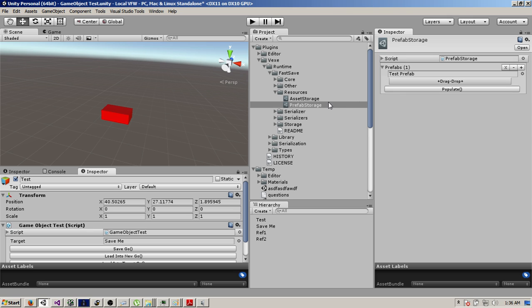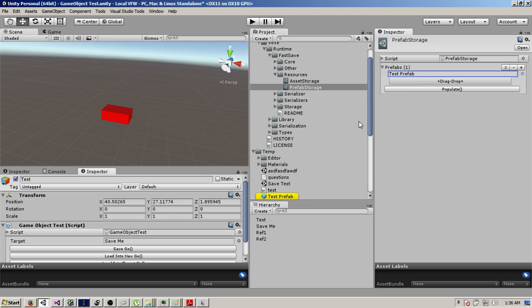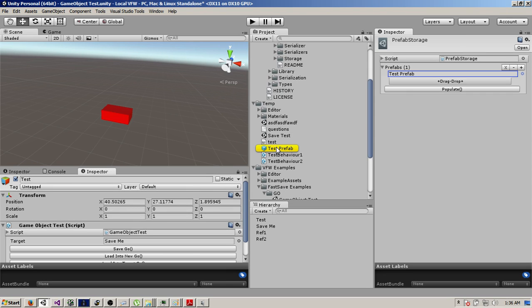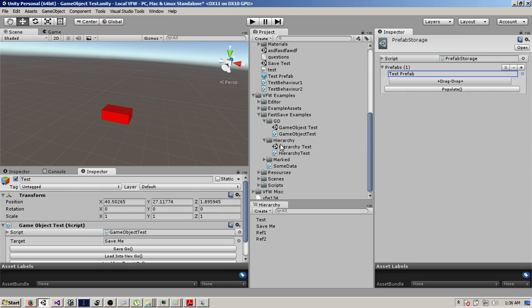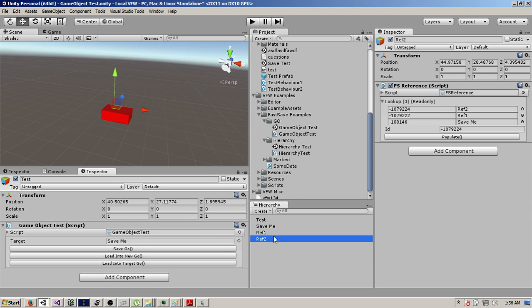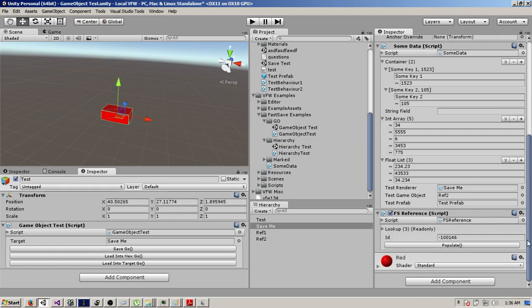If you have a big project, you might want to have multiple prefab storages, but I'm just using a single one for now. So it adds all the prefabs in your project. In my case, I only have one. And so what it will do is basically when it comes across this field here and tries to serialize it,